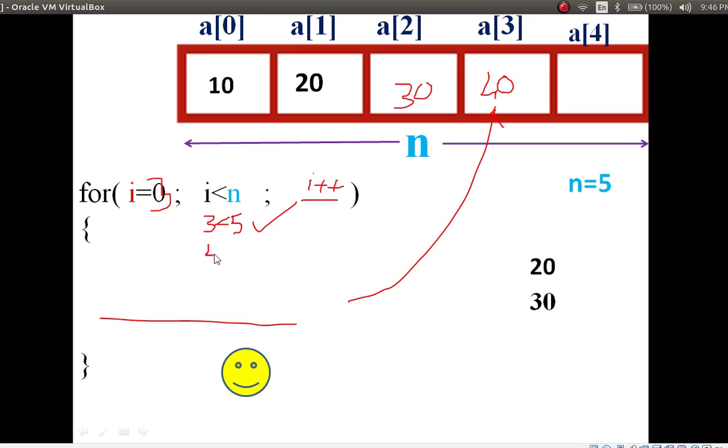Next value is 4. 4 less than 5. Condition is true. Execute the next statement. In a, i value becomes what? a of 4. In the a of 4 position, 50 has to be inserted. So now 50 is inserted.